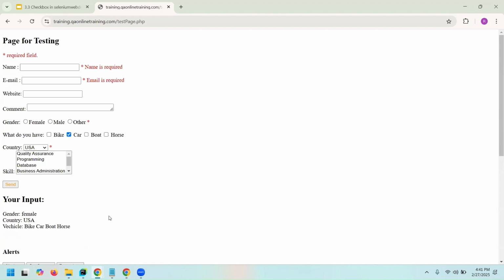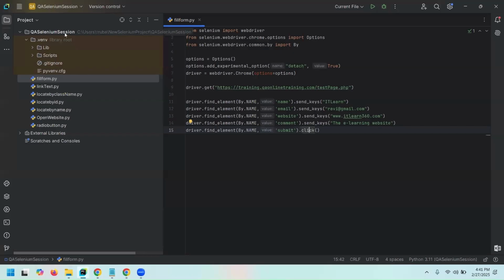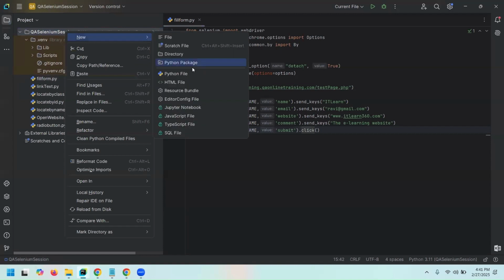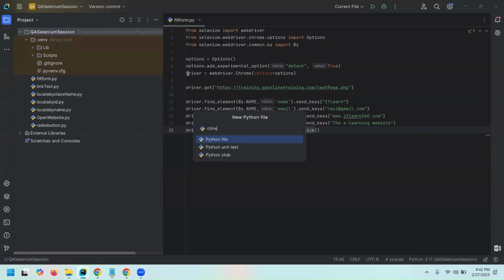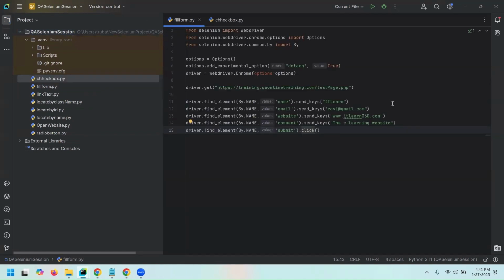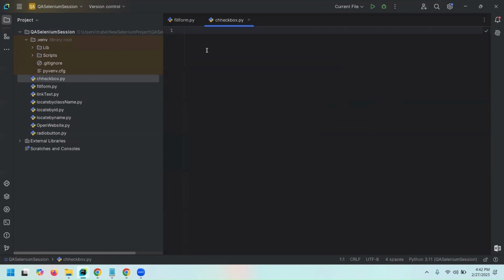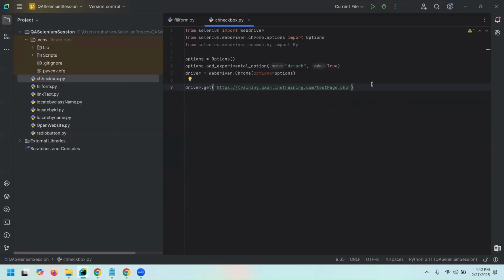Now let's write this in code. Let's create again a new file, naming it checkbox. And as usual, let me copy the common steps, that is this. Let's copy and paste it here. Fine. Now,